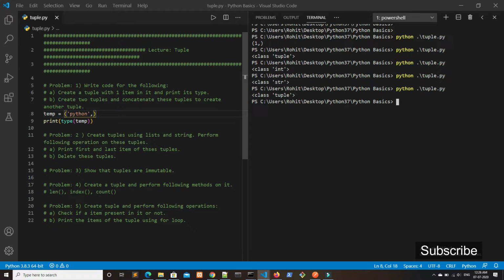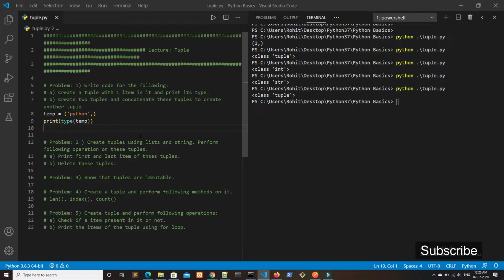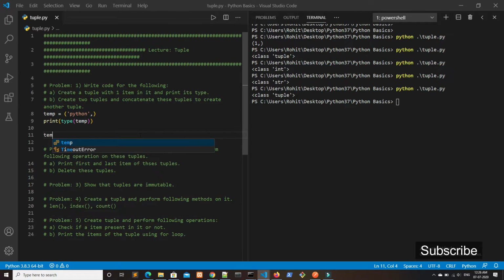now in part 2 we have to create 2 tuples, and then we have to concatenate these 2 tuples to create another tuple. Now let the tuple be temp1, and we have to write everything inside parentheses. We can also write without parentheses, but it's a common practice to write the values inside parentheses.